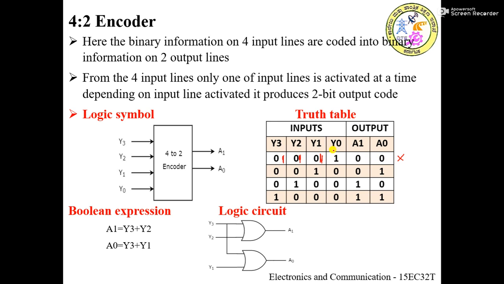So in such a situation, whenever more than one input lines are at active high levels, the normal standard encoder fails to predict the output. In such a situation, we need a special kind of encoder which is going to assign the